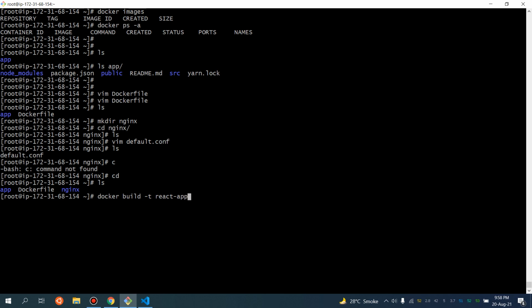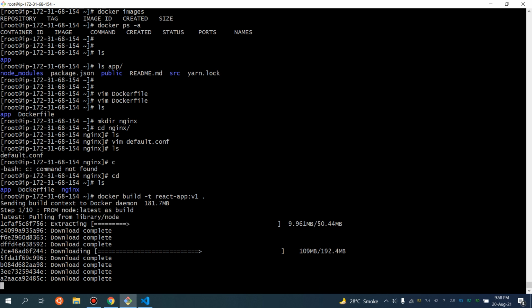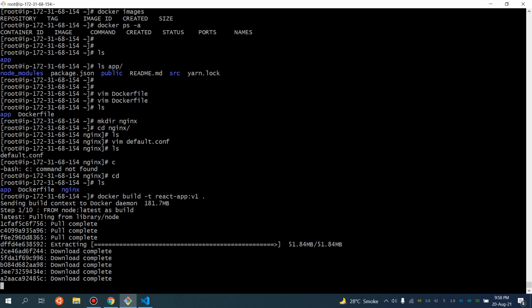Let's call this v1, the version one of our application. Let it build. It is going to pull the latest node image, as we have already removed that particular image through the system prune,